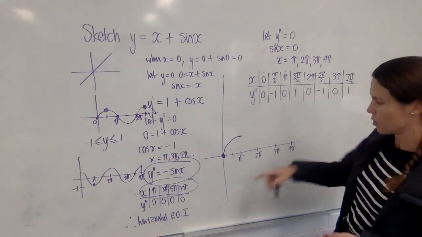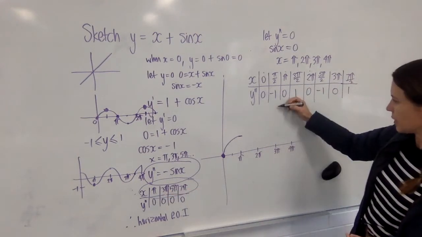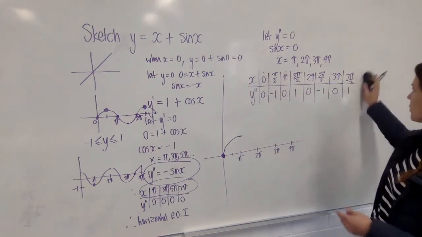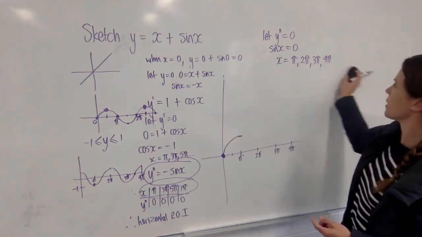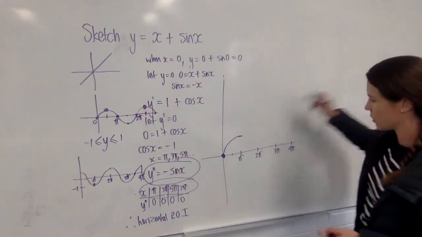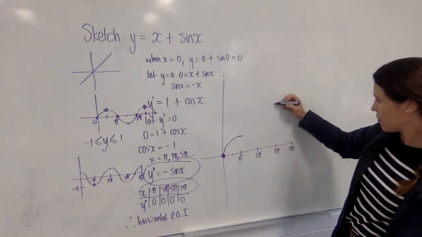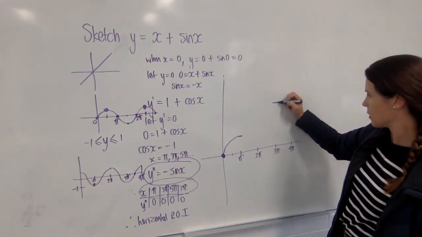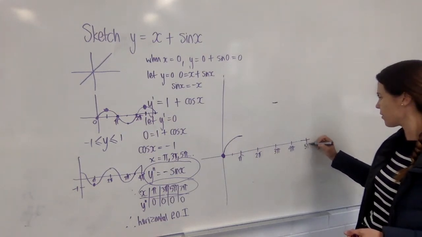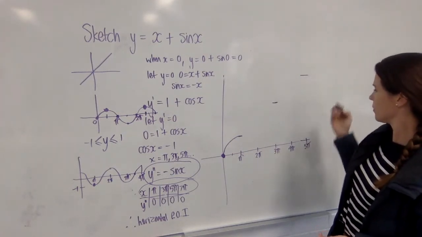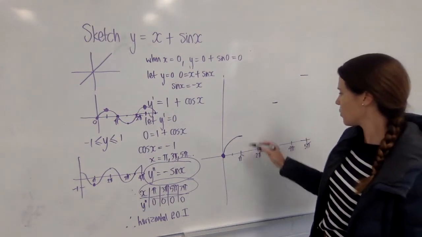Our next flat spot will be at 3 pi, which is up here, and it's going to be up much further. My graph's actually needing to go where that working is now, so I'll just rub that out, but you should already have it down. So we've got another flat spot up here. And at 5 pi, we have another flat spot. And in between, well, we've got